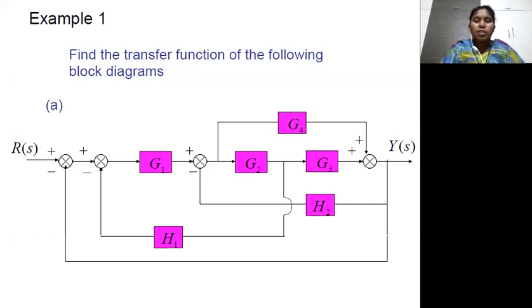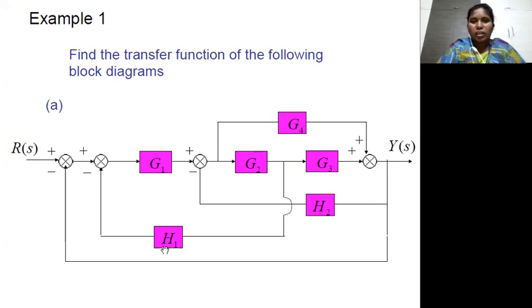Peter's Engineering College. So today I want to explain how to obtain a transfer function of a block diagram, or how to reduce the block diagram by using block diagram reduction techniques. So here I am sharing the example with you. Here there are six elements in total. Four are forward loop gains and two are feedback path gains. That means G1, G2, G3, G4, which are highlighted in violet color, are the forward path gains, and H1 and H2 are the feedback path gains.